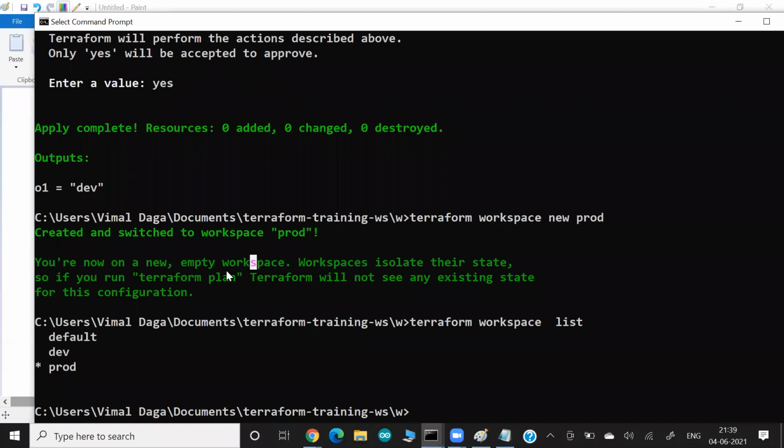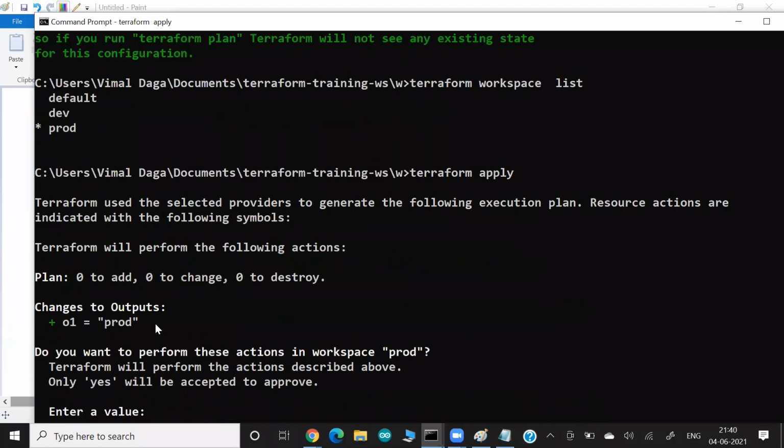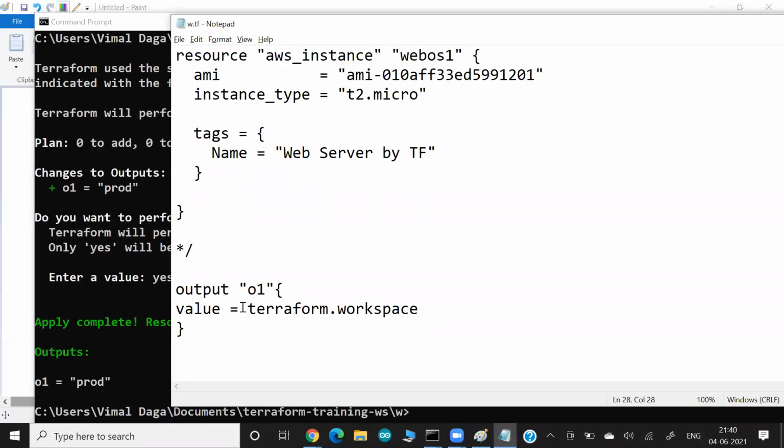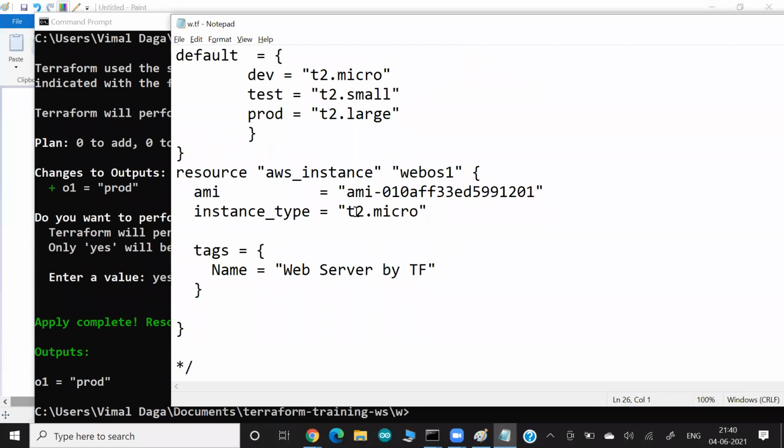So technically, Terraform knows which workspace you are in. So if you run the apply command again, you can see you are in the production workspace. So how does it know? It retrieves your workspace name with this special variable. Now, how can we utilize this variable? So here, instead of fixing our instance type,